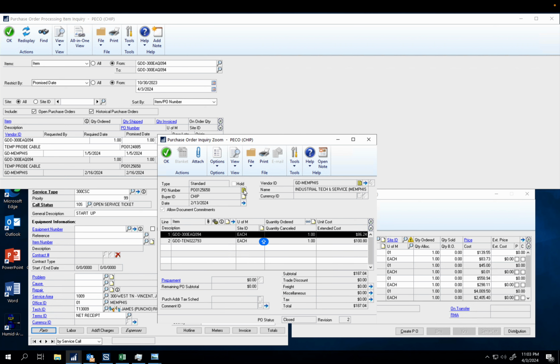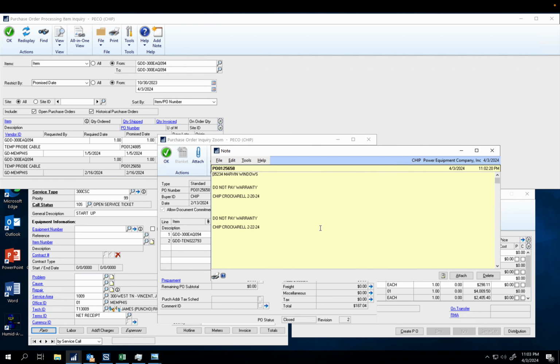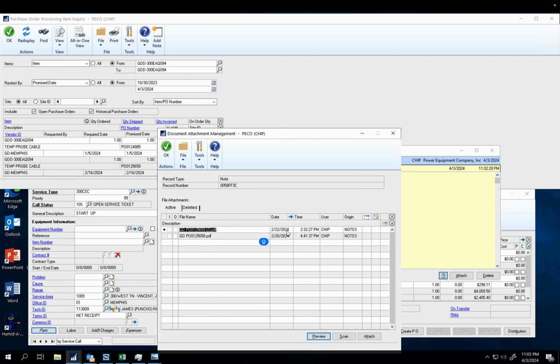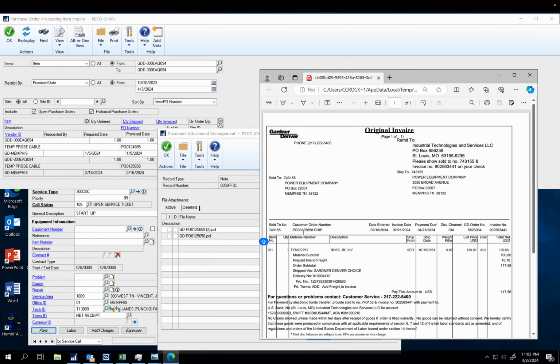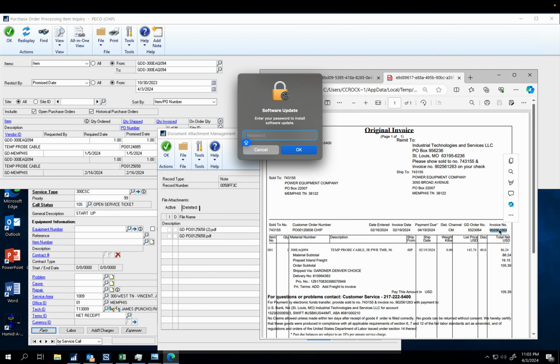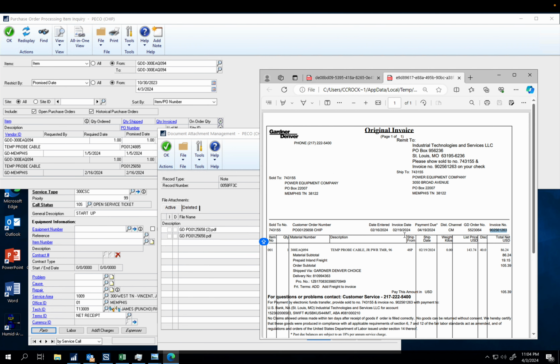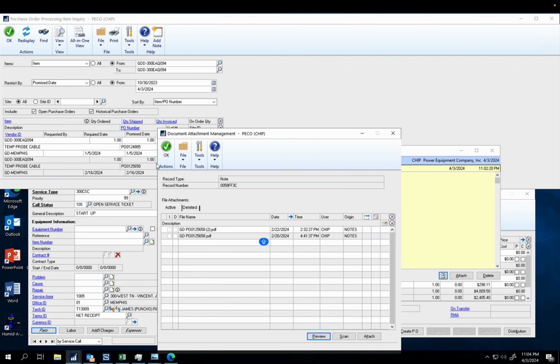where we have purchases from Gardner Denver, and I save all of my vendor invoices and attach them to my POs. So I will have a copy of this vendor invoice number here. There are two parts, so I have it save both of them, and you'll be able to find the vendor invoice number right here, which is what you'll need to copy and print copies of these to attach to the claims. So that's how you find the purchasing side of that information and why it's important to attach your invoices